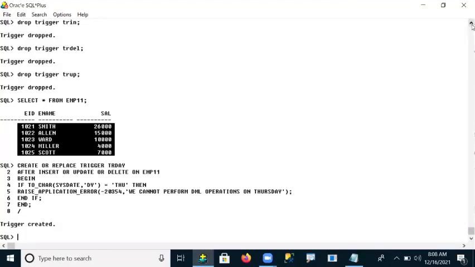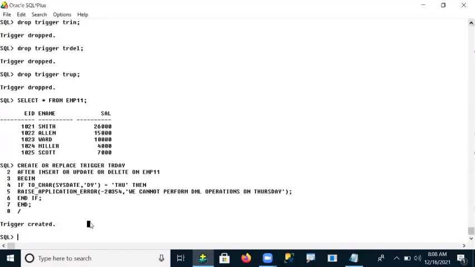Now let me come out and see how it works. We can test any one operation: either an insert, an update, or a delete operation. Suppose I'm testing one of the operations: delete from EMP11 where employee ID is equal to 1023.